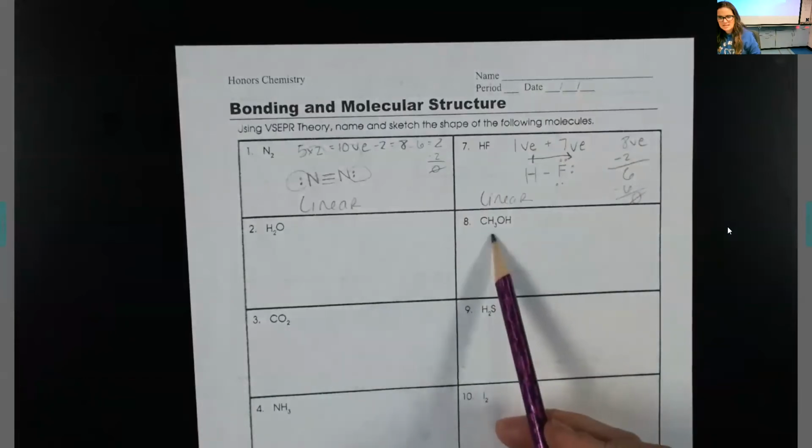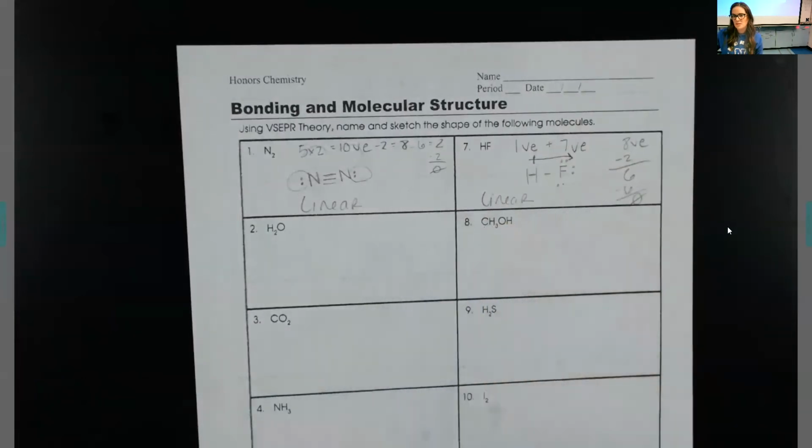You're not going to have anything like this on your quiz tomorrow, even though I think you could technically do it. This would be a carbon with 3 hydrogens attached to it. And then you attach an oxygen to the carbon, and then you attach a hydrogen after that. But we're not going to do that. Instead, let's do